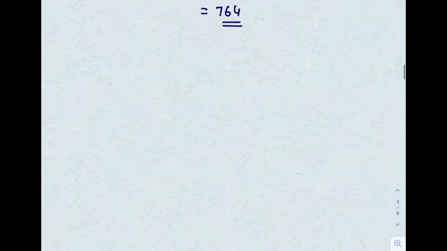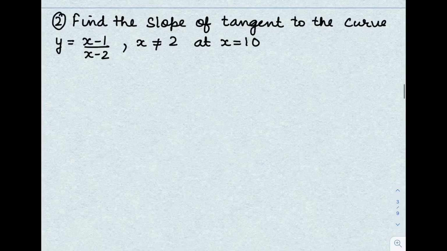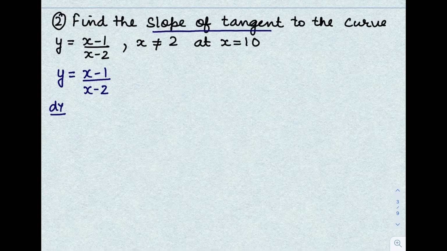Let's move to the next question, that is find the slope of a tangent. Again we need to calculate the slope of the tangent to the curve y is equal to x minus 1 divided by x minus 2, x is not equal to 2, at x equals to 10. Just we need to calculate its derivative. Y is equal to x minus 1 upon x minus 2. We will apply u upon v. Y will become dy by dx. Here v as it is x minus 2, d by dx of x minus 1 is 1